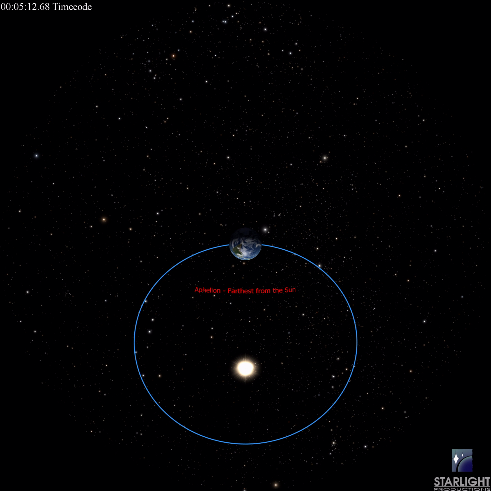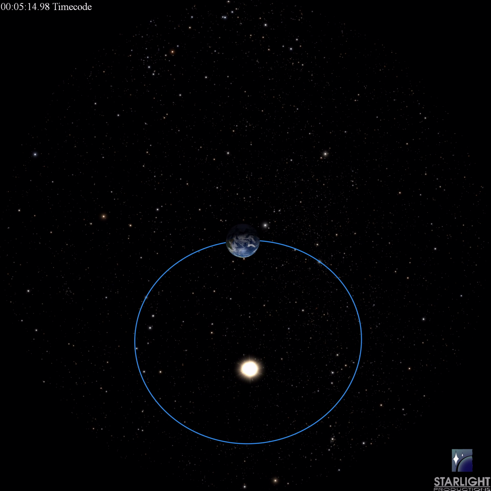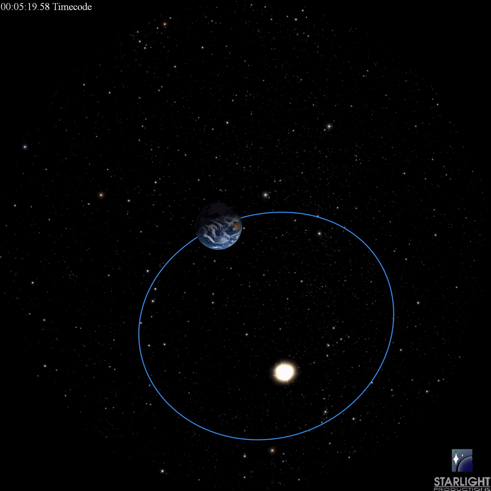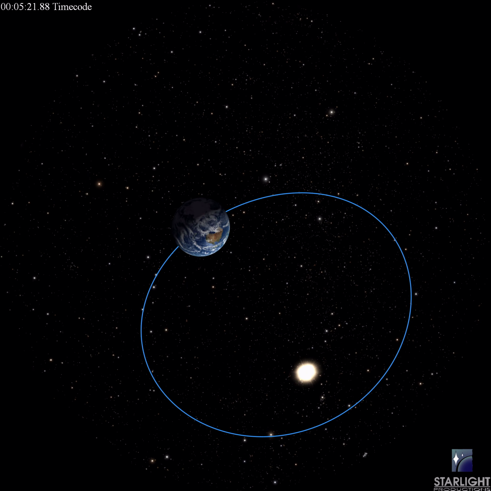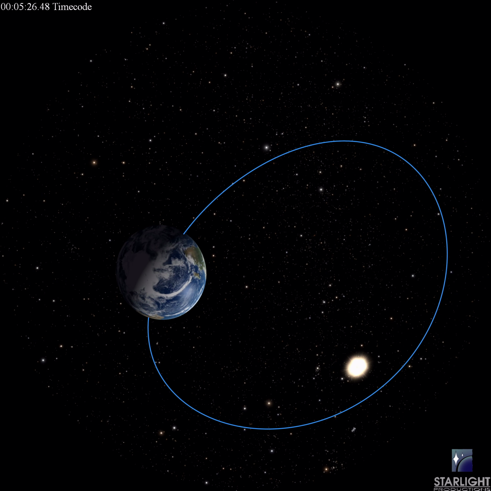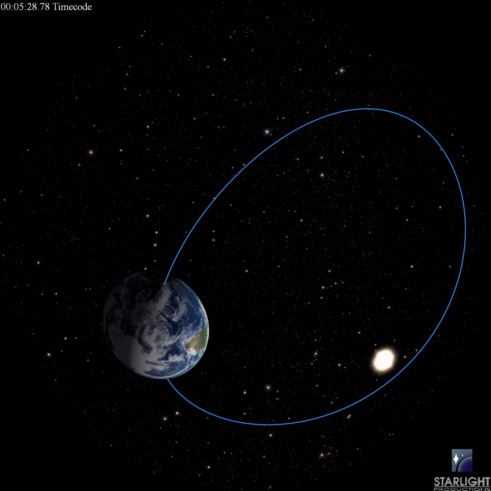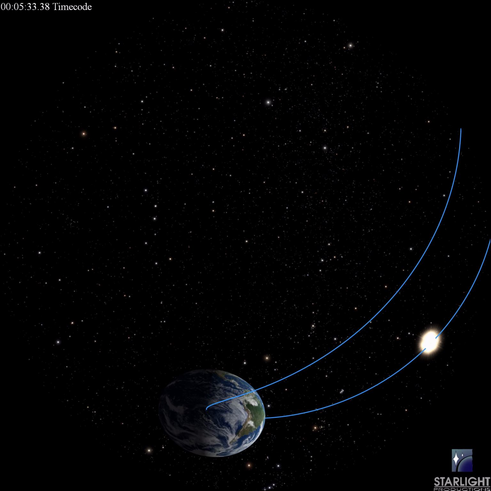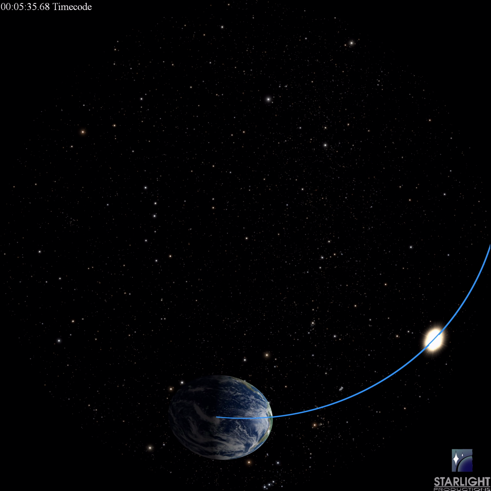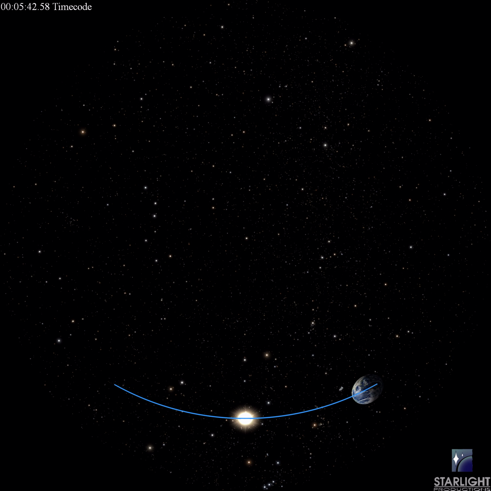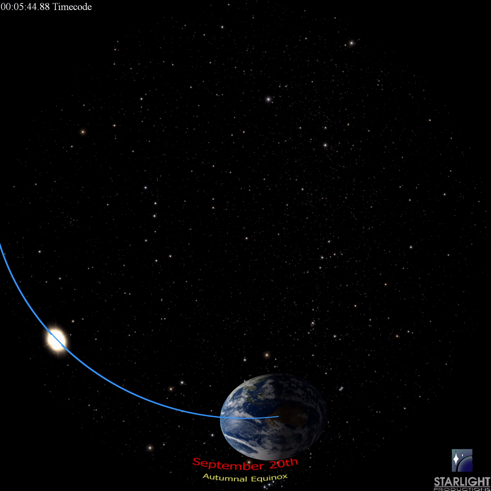Finally, there is one more change which also takes place as a result of the tilt of Earth's axis. Earth rotates on its axis every 24 hours. In the spring and fall, the sun will momentarily align with Earth's equator, making the length of day and the length of night 12 hours each. This happens on or about March 20th and is called the vernal equinox, and 6 months later, on or about September 20th, it is called the autumnal equinox.